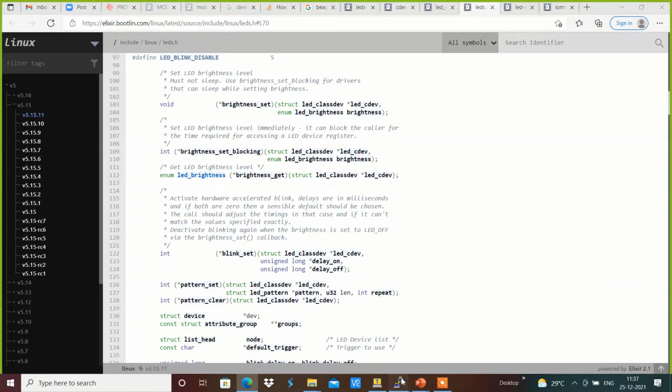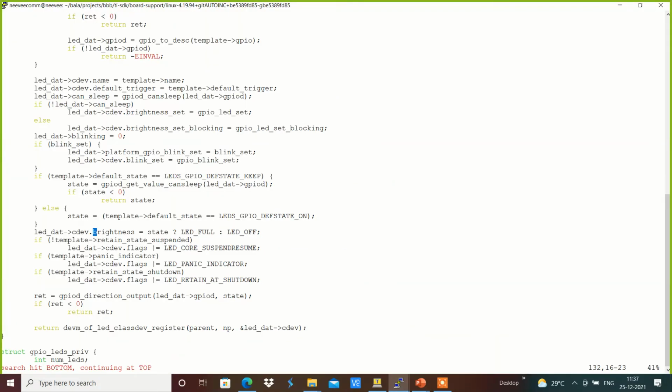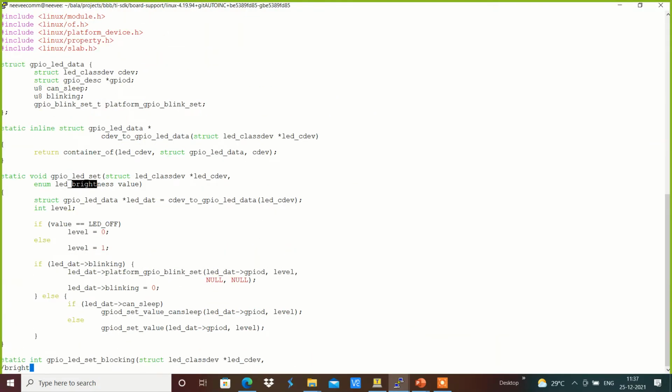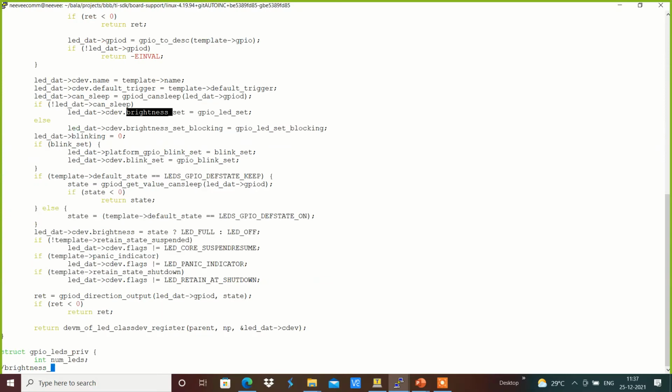Brightness_get will have something like a brightness_set over here, which makes the respective callback functions.